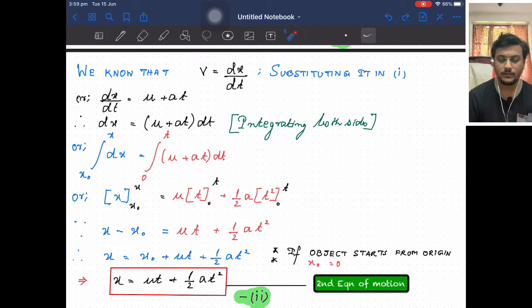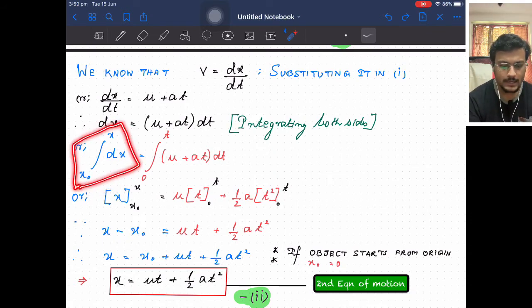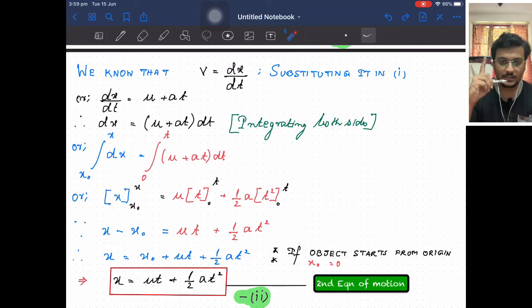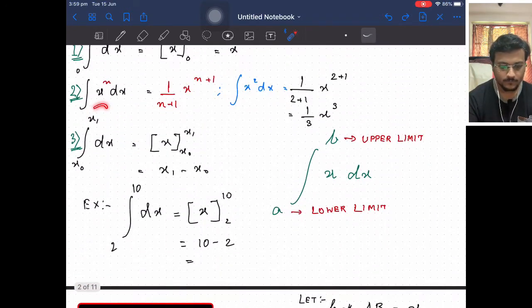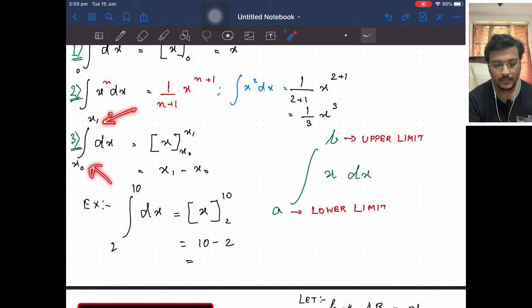And what does the upper limit of dx consider? The upper limit of dx says that's the position of the object after the time t has elapsed. That is, at time t, this is the position of the object at some location x, which we don't know. Now we are going to integrate this function. Hopefully you understand that this is the same as what we have been seeing at the starting of the class. That is, the upper limit value minus lower limit value, which ends up with x1 minus x0.